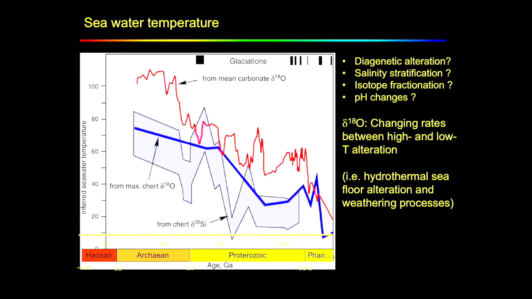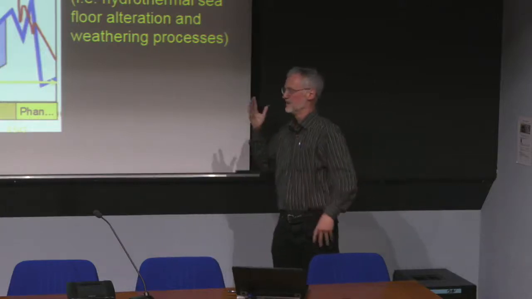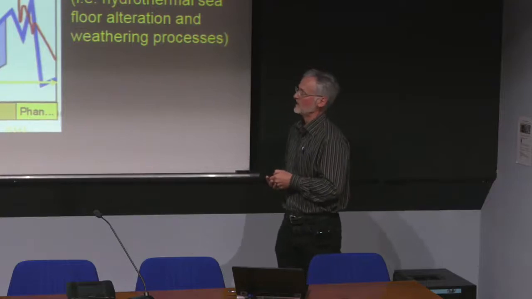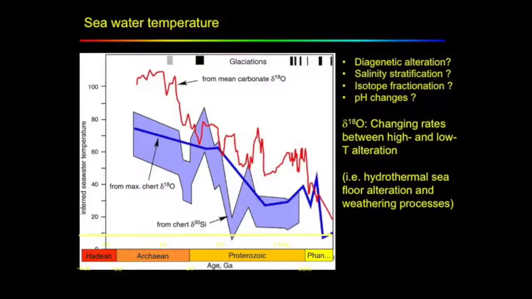And now each of these curves has its big problems, and one of the big problems we indeed have for the Archean is that we are not sure about how to calibrate things right. But you see all three lines go upward, suggesting that Archean oceans indeed were hotter than today's. Okay, and